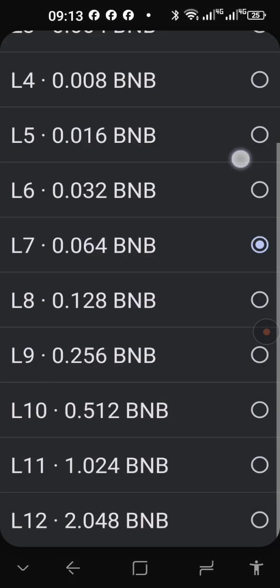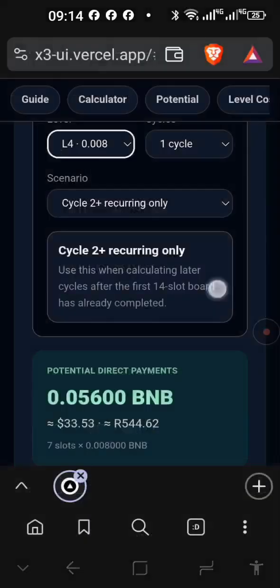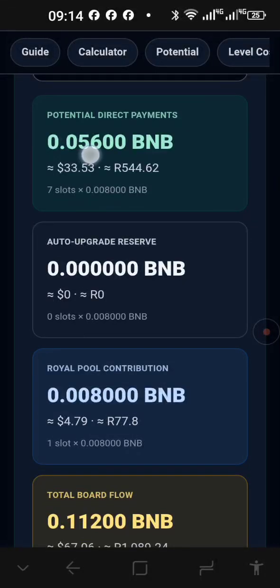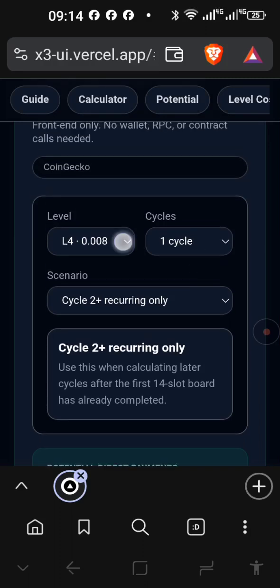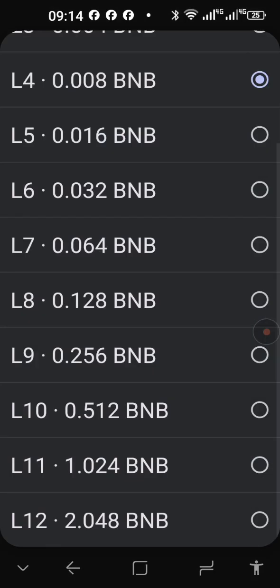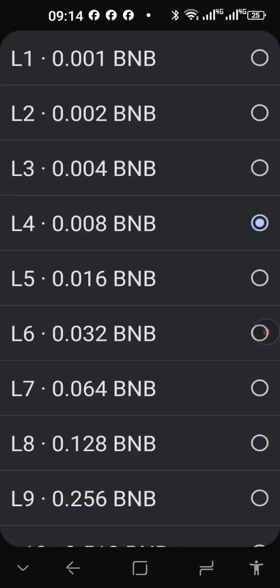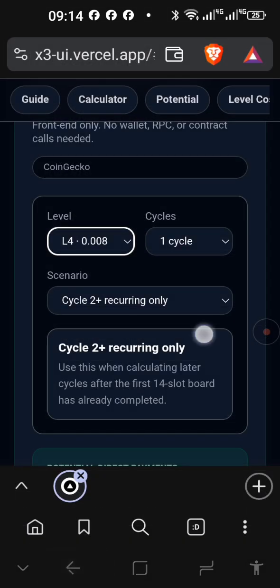Oh, sorry, that's level 7. Level 4, it's going to be $33, 540 Rand. Plus level 3, 2, and 1. So you will earn from level 1, 2, 3, 4, and 5 if you're on level 5. Same from all the other levels that you have activated yourself, right?